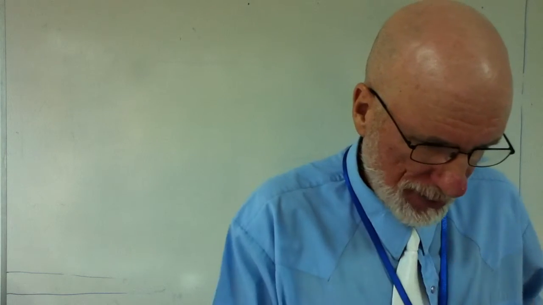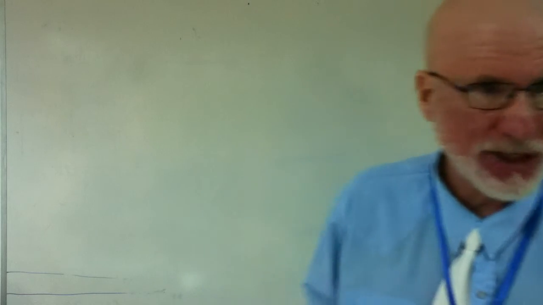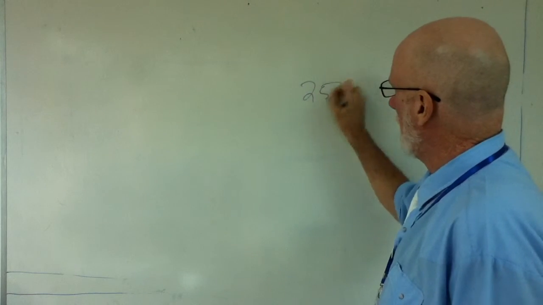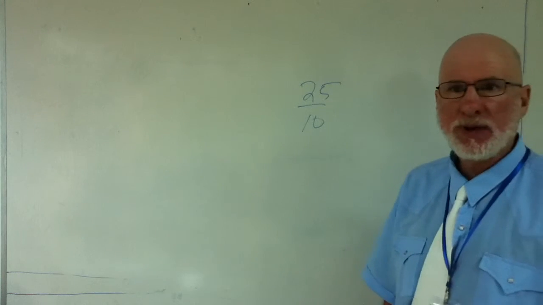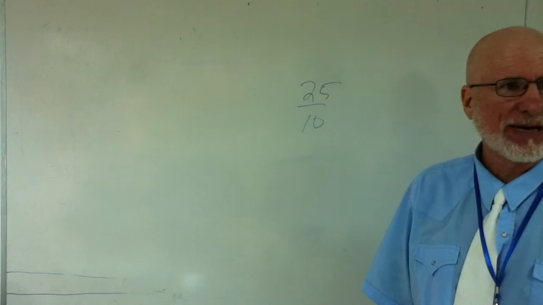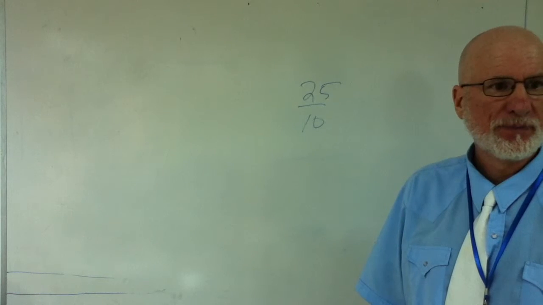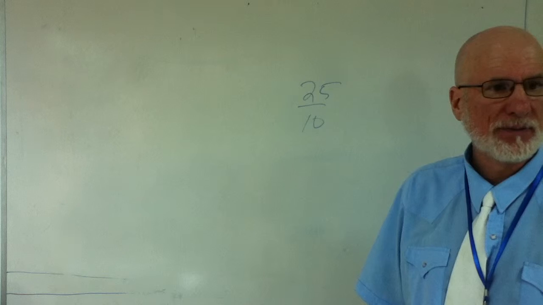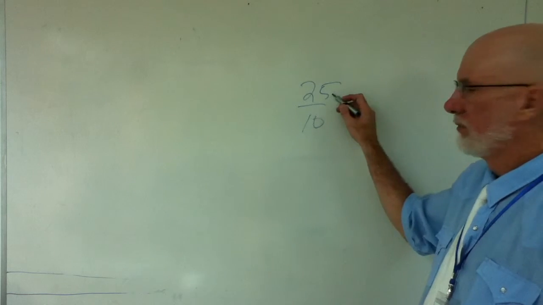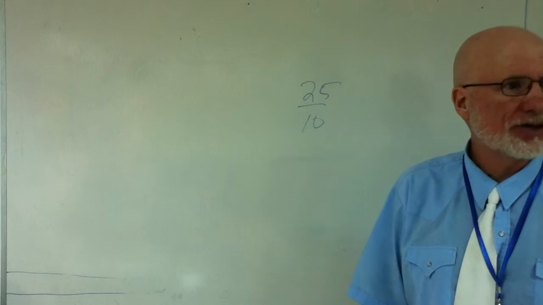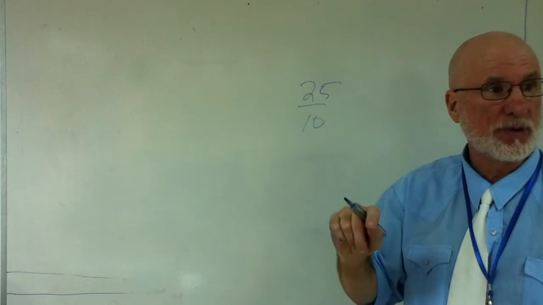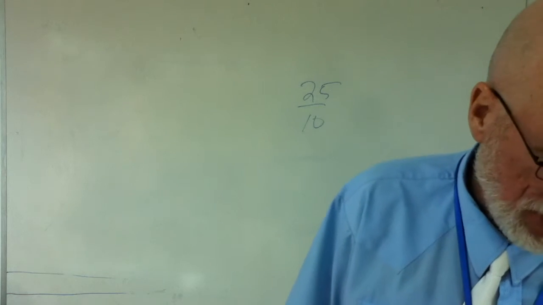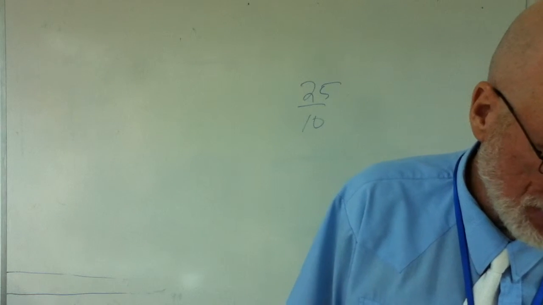Let's say now we're going to express, I'm going to give you 2 fractions to express in lowest terms. 25 over 10, is that proper or improper? Improper. What is the determining factor for an improper fraction? How do I know? The numerator is larger than the denominator. That's improper, as opposed to the numerator being smaller, which would be proper. Okay, so let's do that one, and then let's do a tough one.